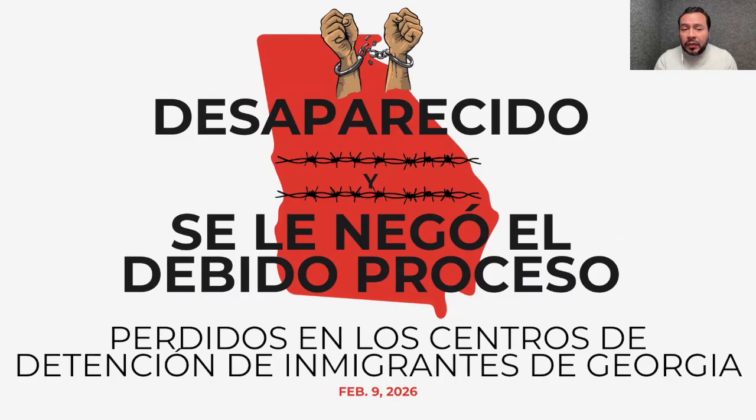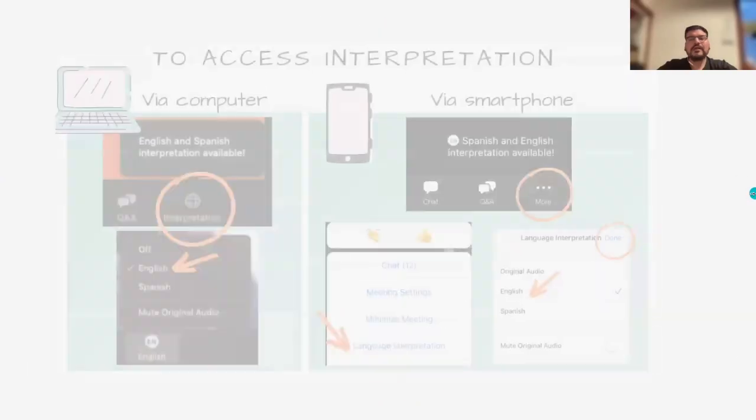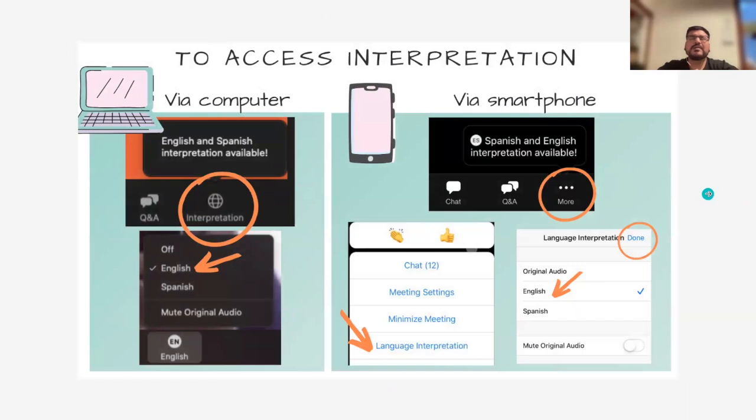So I'm going to pass it on to our interpreters for tonight to give us the instructions on how to access the feature. Thank you, Amilcar. Hi, good evening, everyone. I'm going to do a bilingual announcement, and after this announcement, the interpretation feature will be turned on. My name is Miguel, and along with my co-interpreter, Ana, we'll be interpreting today's meeting, and we highly encourage everyone who is not bilingual in English and Spanish to make use of the interpretation feature.